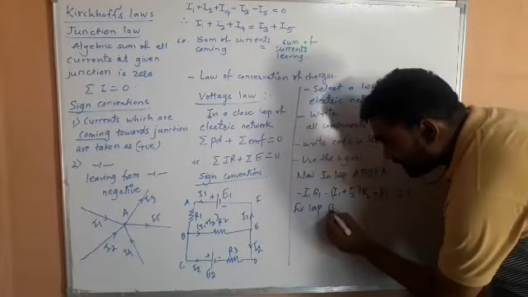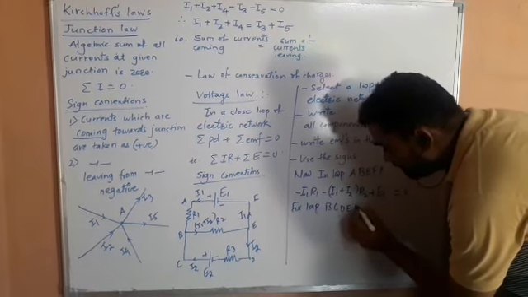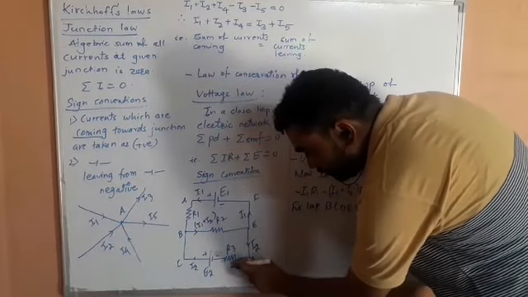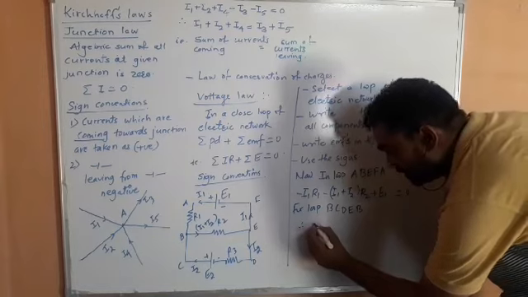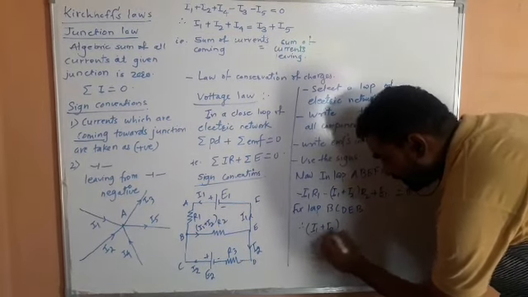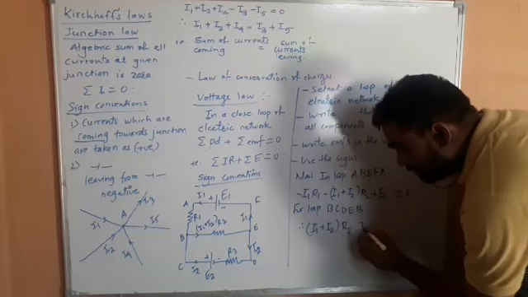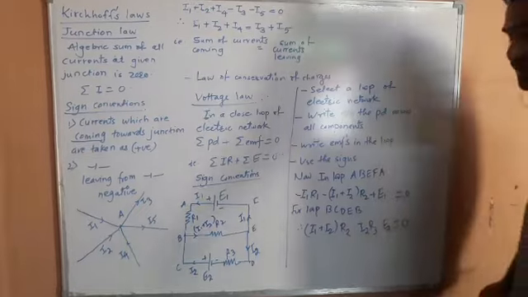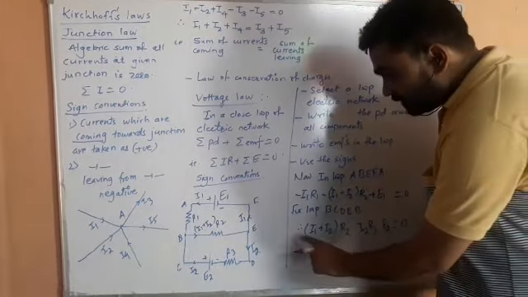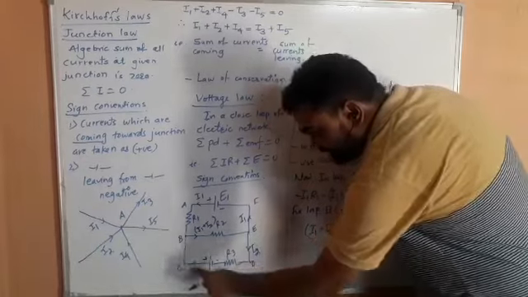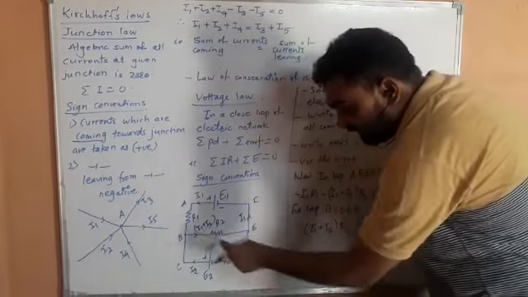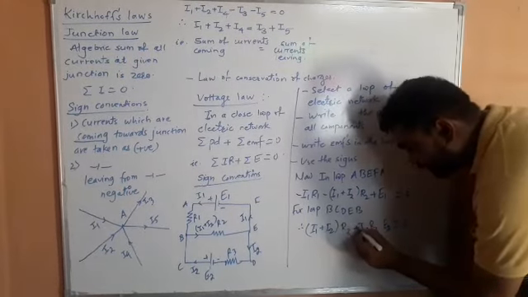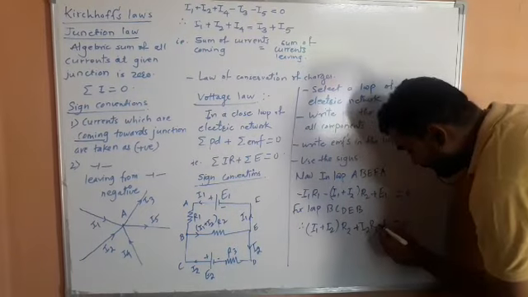So if I apply the rule for the loop B, C, D, E, B, then here also EMF E2, current I2, and resistance R3 are there. So if I apply all this, I1 plus I2 into R2, I2 into R3, and E2 are all the terms. Then you can see that we have applied loop B, C, D, E, B, and the currents I1 plus I2 and I2 are both going in the opposite direction, so they are taken as positive, whereas the EMF in that case will be taken as what? Negative.